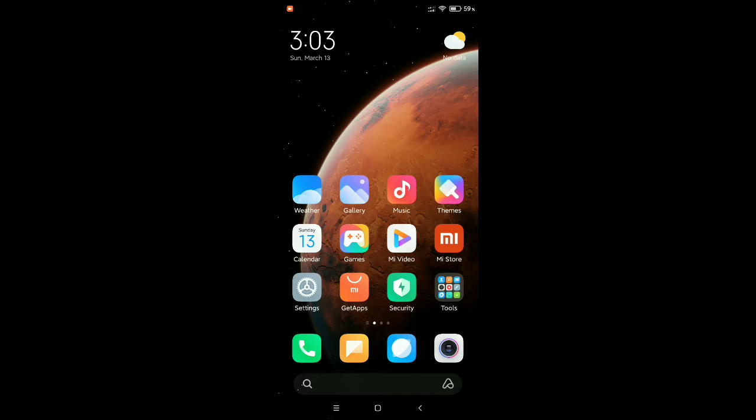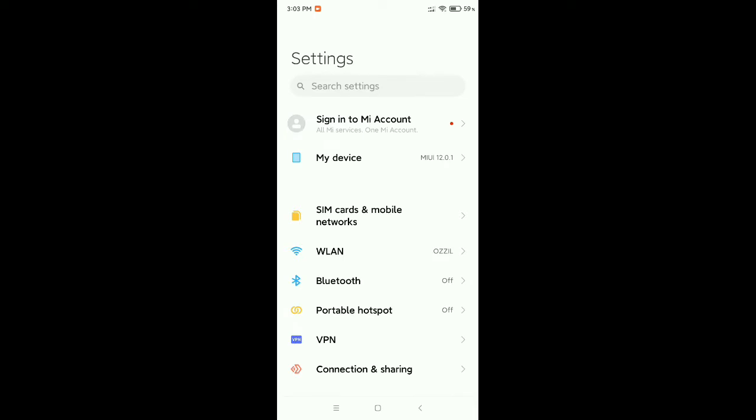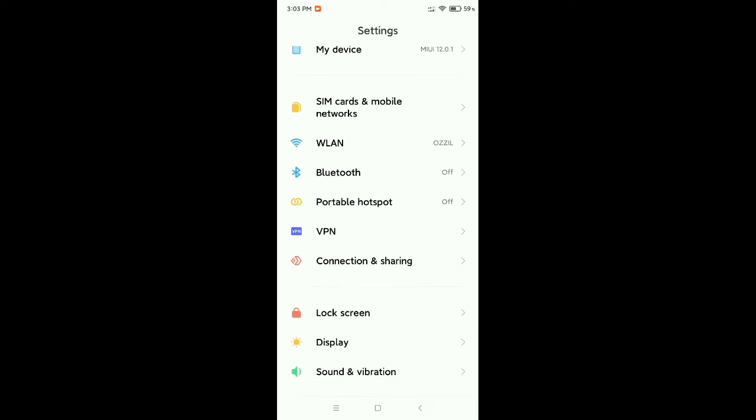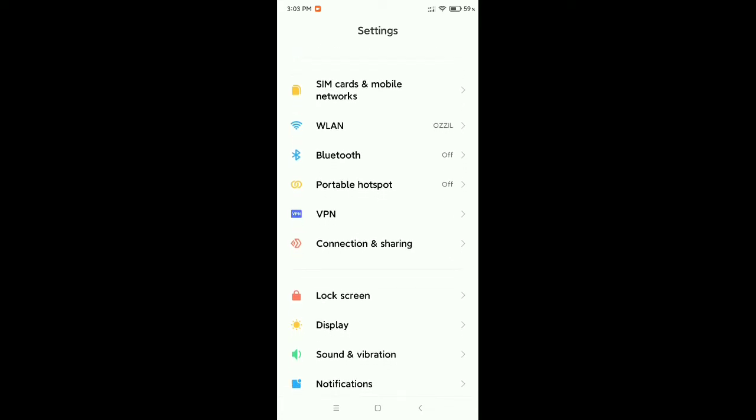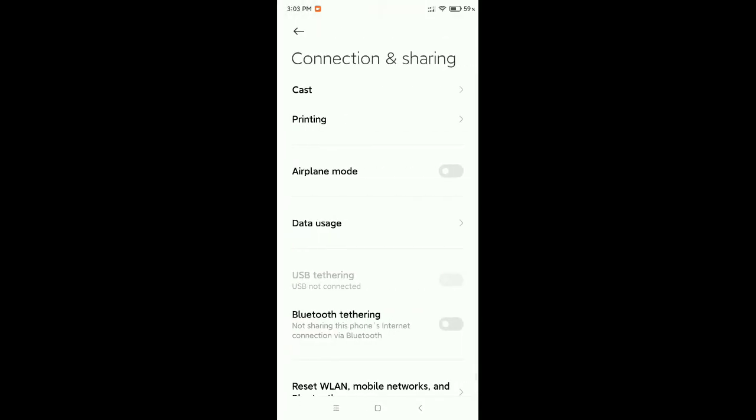So at first, what should you do? You just need to open your phone settings. Okay, now what should you do? You just need to scroll down and you can get an option, Connection and sharing. So just open this, and now scroll down,